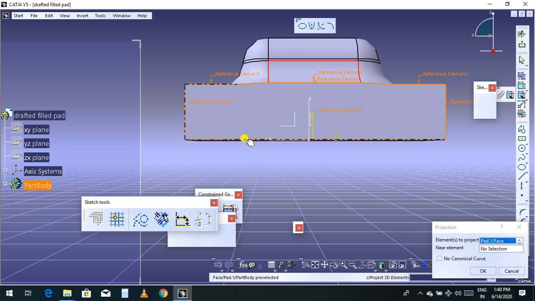This is the way you can choose all the parts, and then it will be sketched directly here.